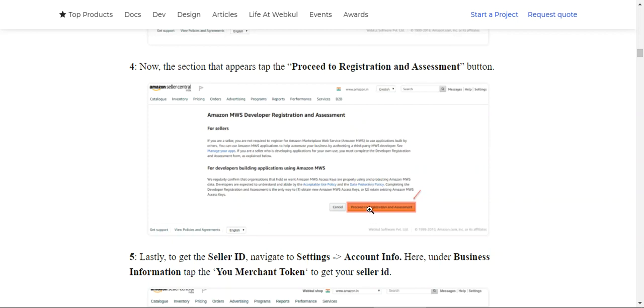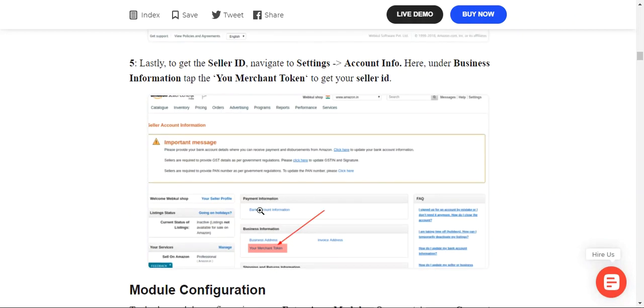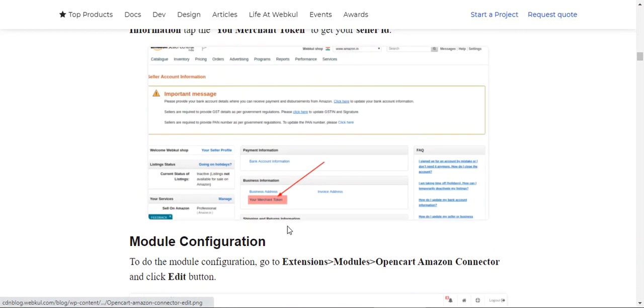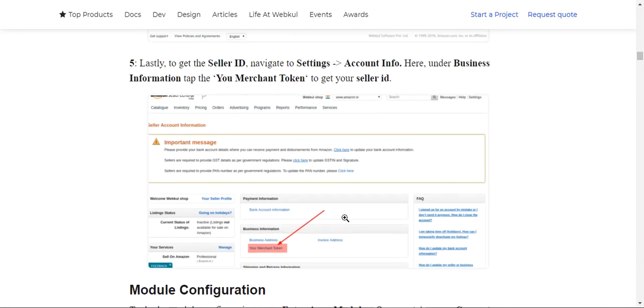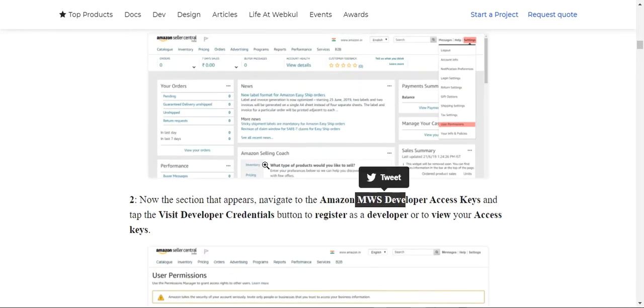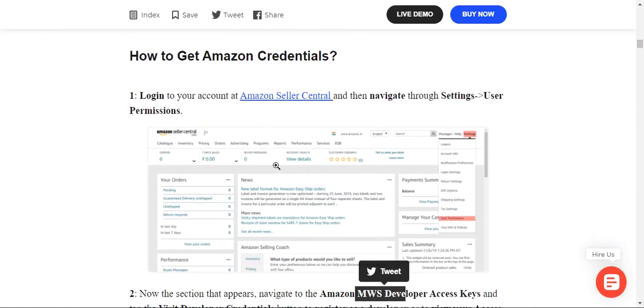So you'll have to tap on that particular button, and lastly you'll get your seller ID. So you just need to see here under the business information you have your merchant token, and you just have to tap that up, and that would bring the details of your Amazon account. So that's how you can register or how you can get the Amazon credentials required for the backend configuration of